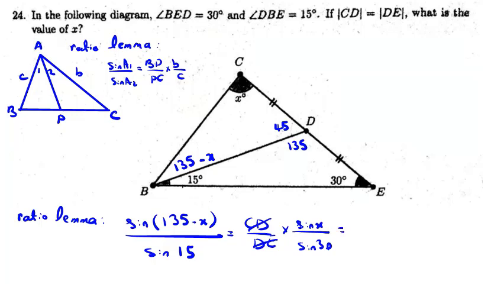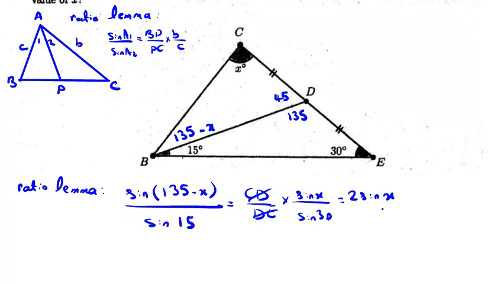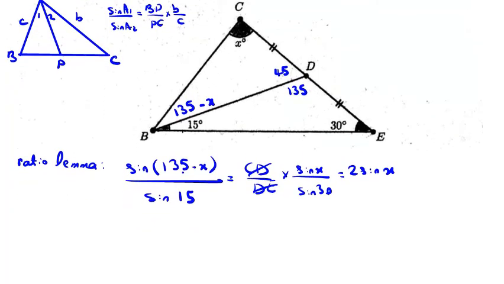Sine 30 will be 1 over 2, so it will be 2 sine x. Now we can cross multiply. Also, instead of 135 minus x, you can write 45 plus x, because the sum of them is 180 and so the sines are equal. Equals 2 sine x sine